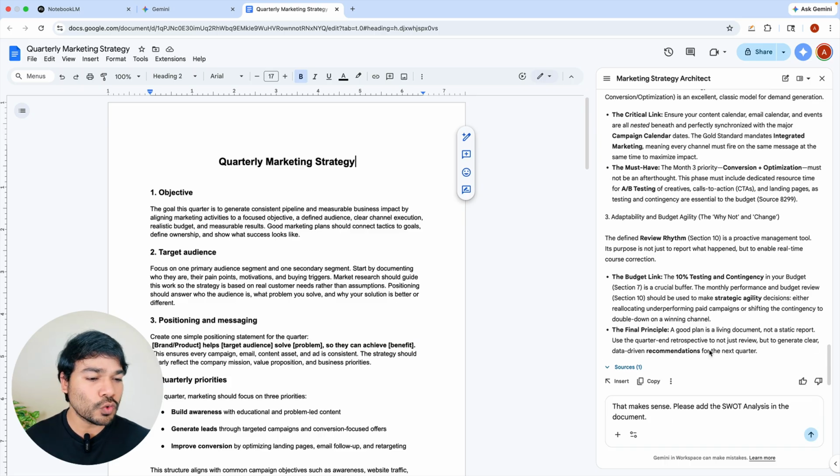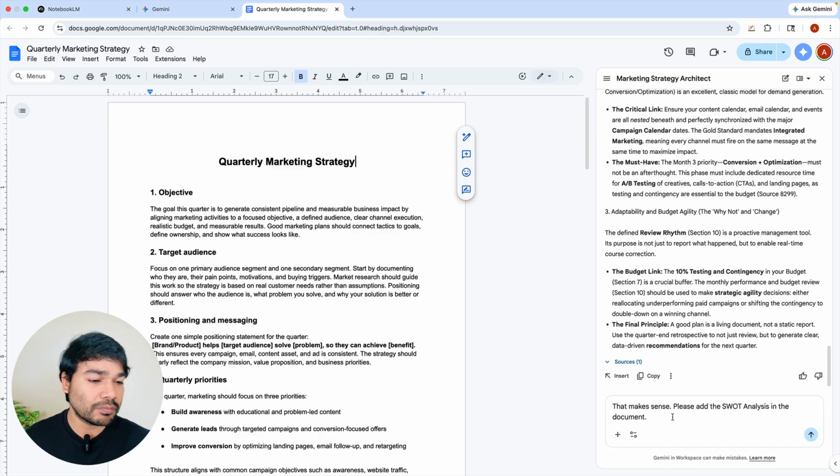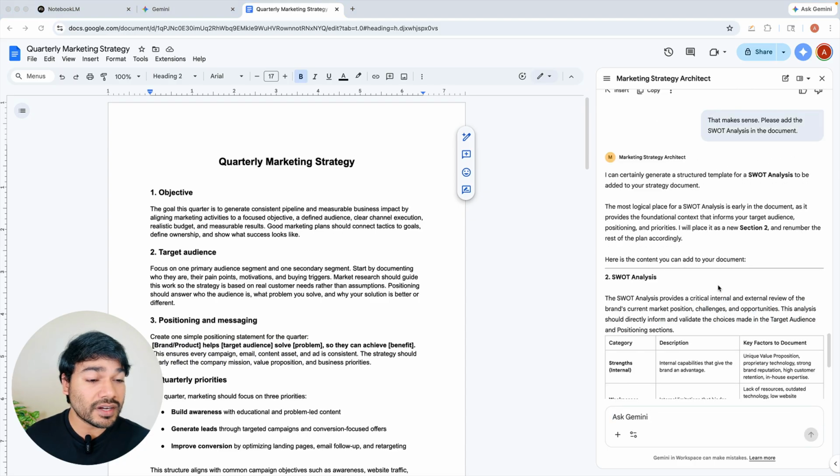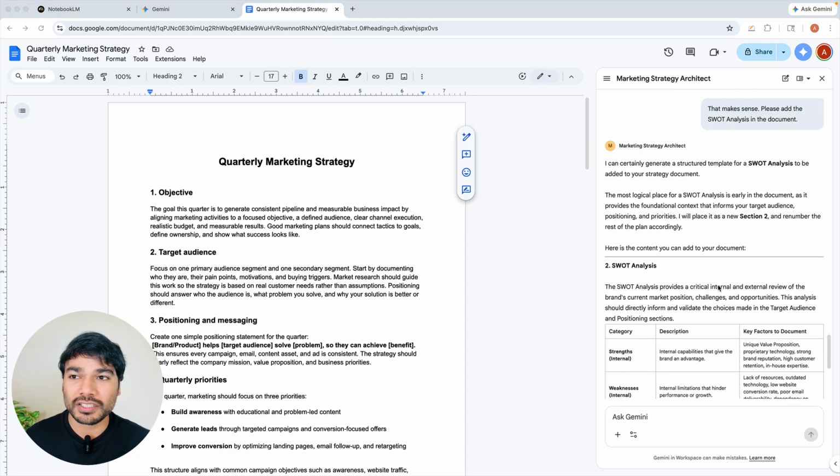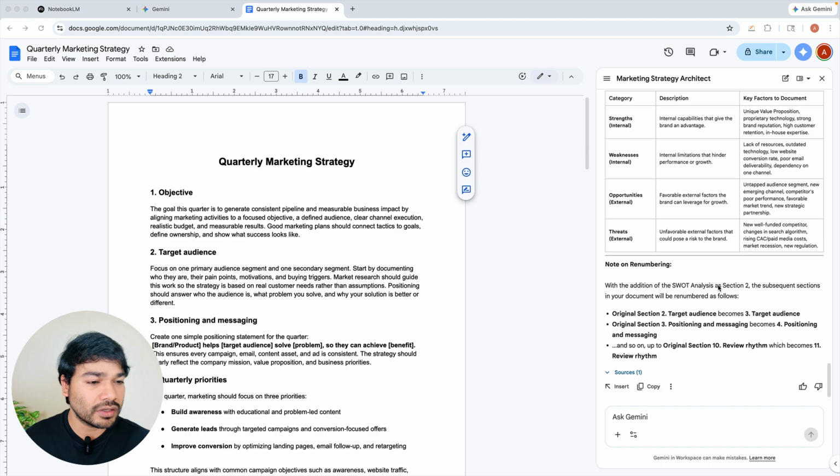Now let us ask it to do one more thing. Now all that makes sense, but please also add the SWOT analysis in the document. So it has generated the content on SWOT analysis that should be included in the document. Now either I can insert it directly into the document, or I can just copy from here and paste into